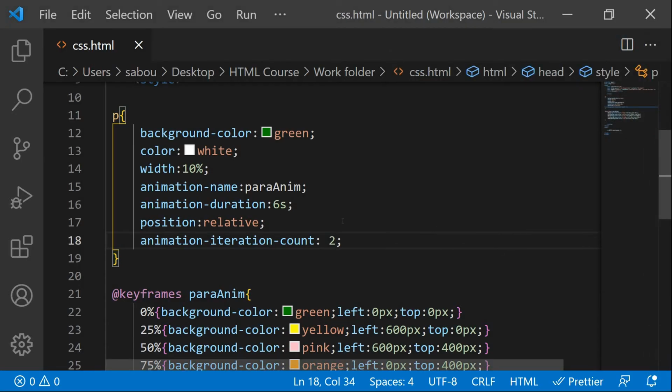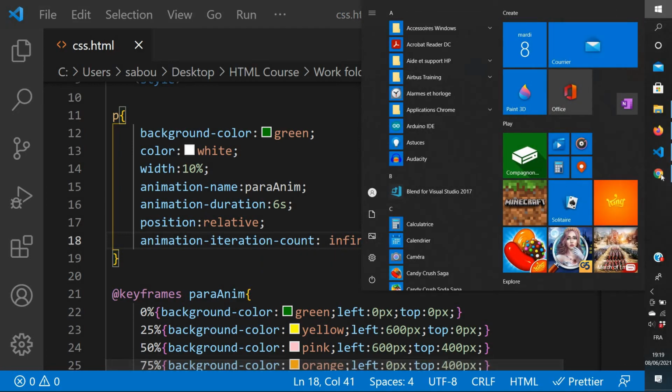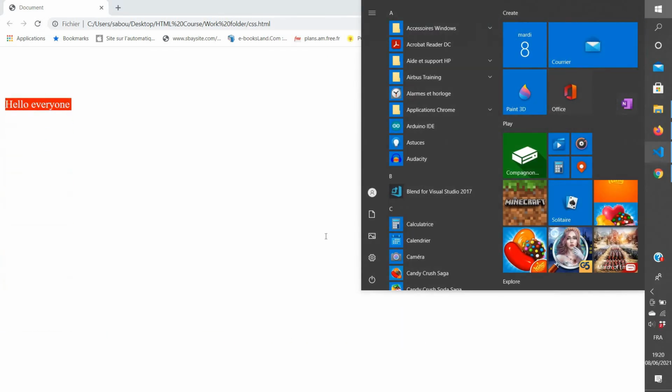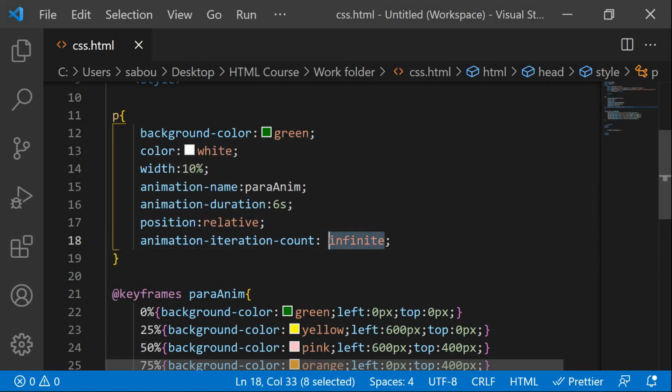Now, let's say that we want our animation to be repeated forever. Okay? So we're gonna change the value to infinite. And we're gonna just save everything and go back to the browser. And you see, so this is the first time. And this is the second time. And our animation will keep running and running, so forever. Okay? It's not gonna stop, never ever. Alright? So because we have changed our value to infinite. Now let's go back to the browser and just change the value and just keep it to, let's say, 3